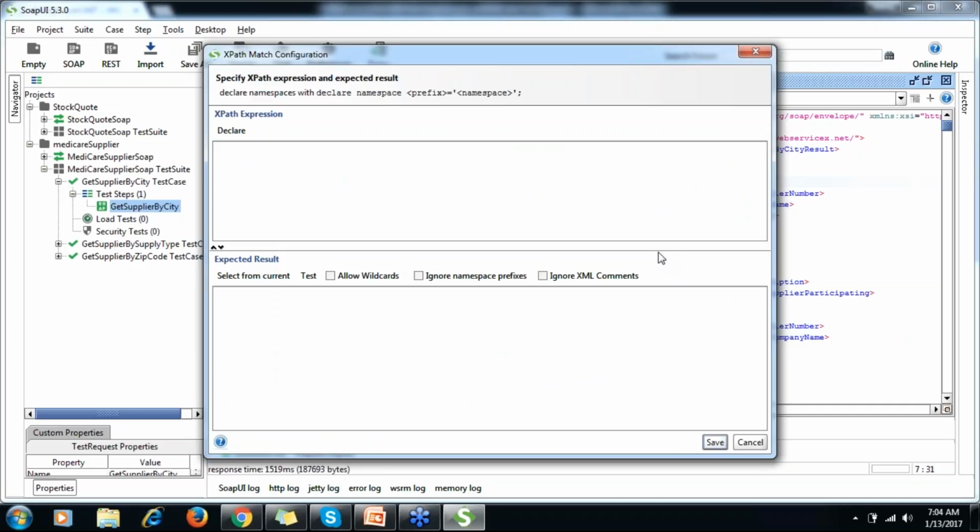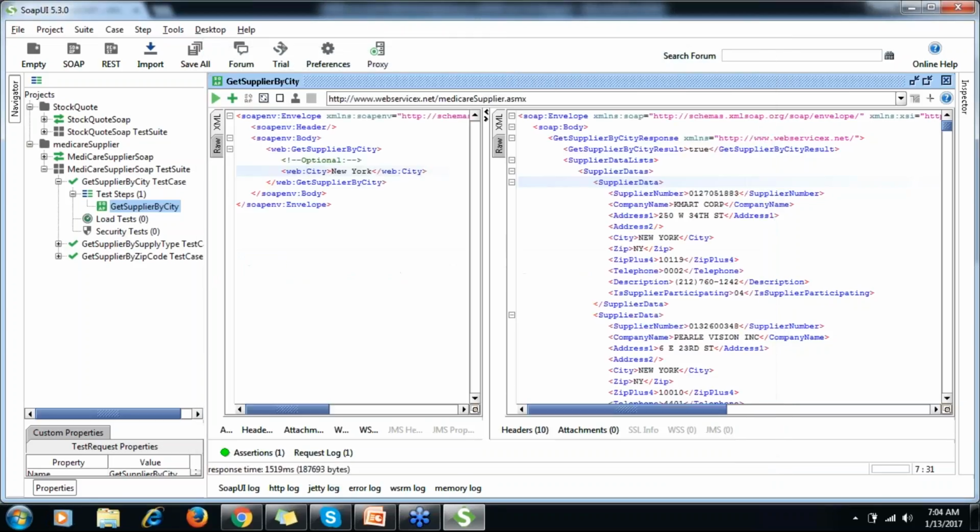If you have some experience with XPath, if some people from this group might have attended the Selenium course, there you might have encountered this XPath. So XPath is nothing but let me explain how you traverse to any particular location. So suppose I want to get this supplier name. Either I can write a relative XPath or I can write an absolute XPath.